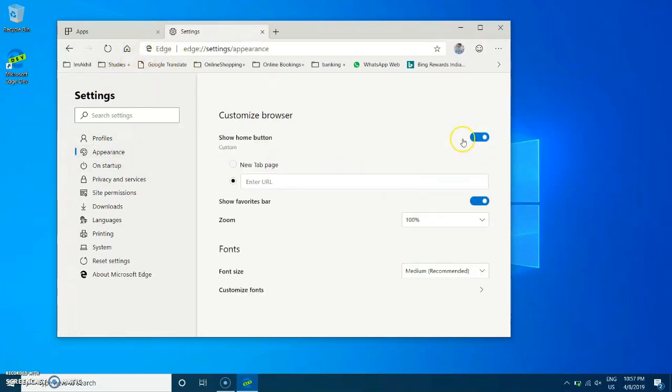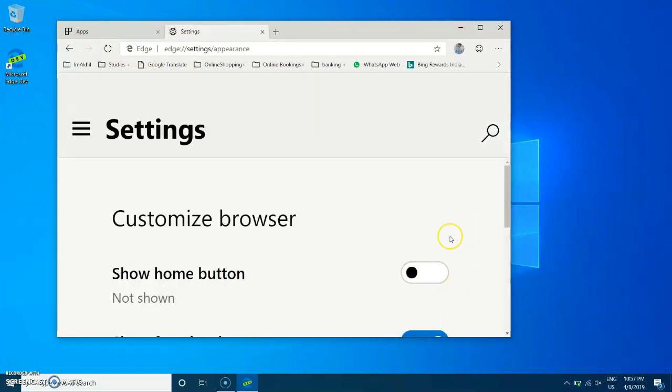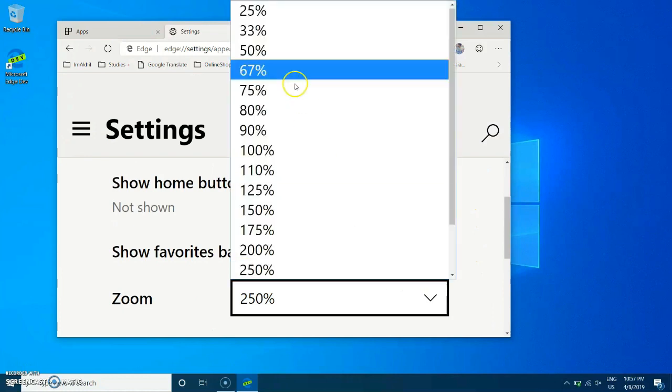One can also have full control over appearance, have a home button as well as zoom in and zoom out as per your preference.